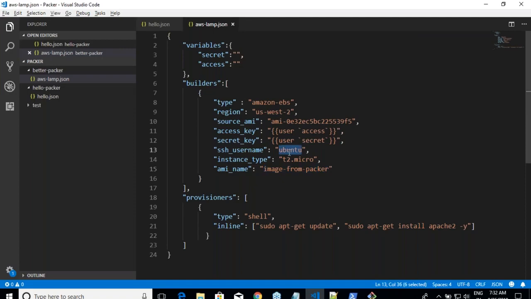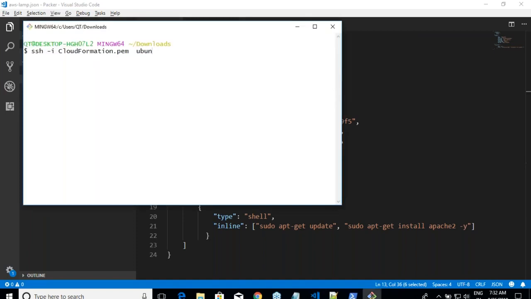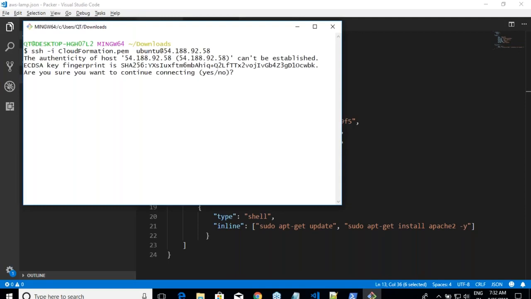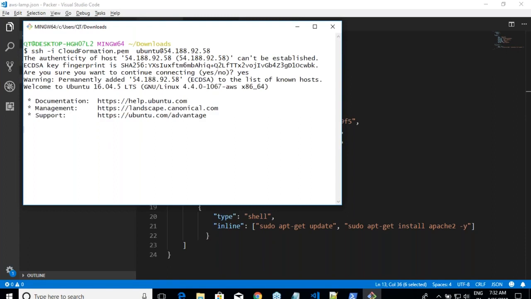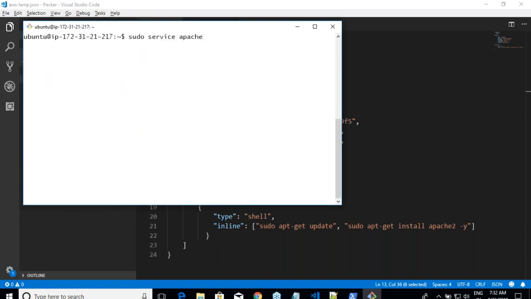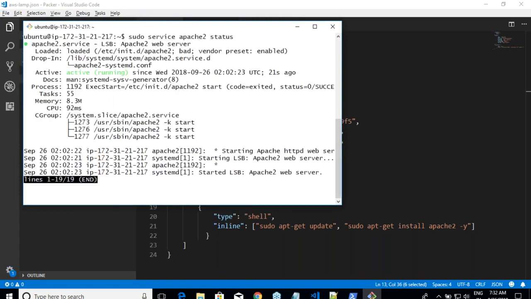So you'll still have the username which is ubuntu@ whatever IP address or DNS name. Yes. Okay. sudo service apache2 status. Is it running? Yes, it is running.